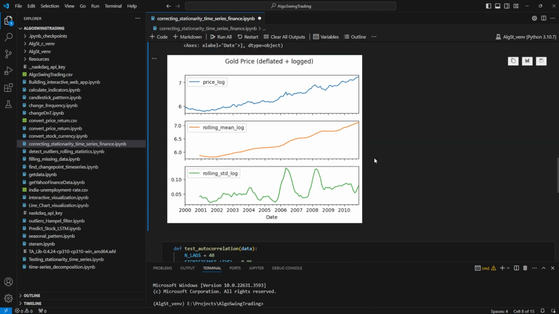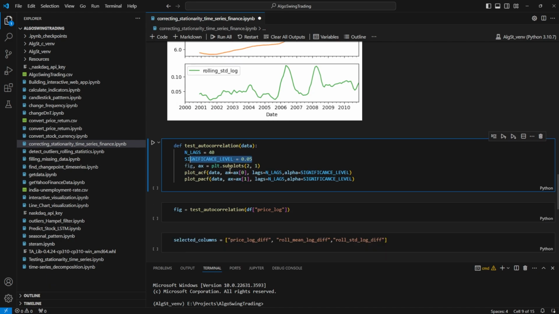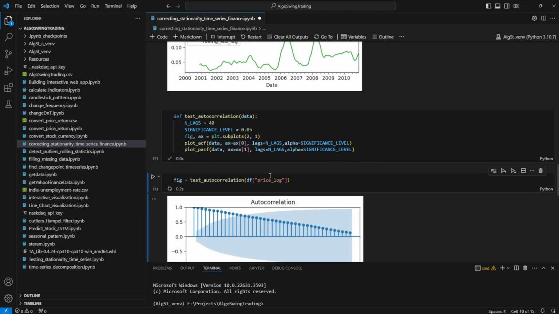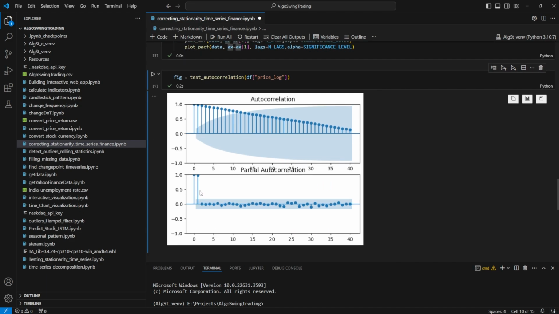So what we need to do is the test part, which we basically did in the last video as well. For that, we'll be testing the autocorrelations. Within that, we have two, ACF and PACF. The significance level that we are mentioning is 5%, right? 5% basically means that 5% of the differences, or let's say the deviation, is okay. Then this is a function, and we will be creating the plot for that. Now if you see over here, it shows that the data is not stationary, because we have some ups over here, right? So we need to implement some more